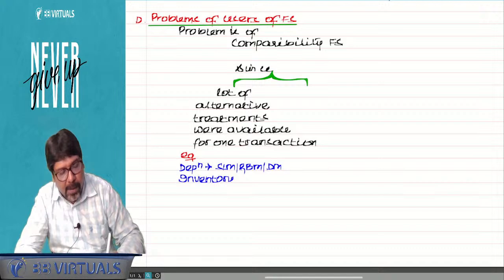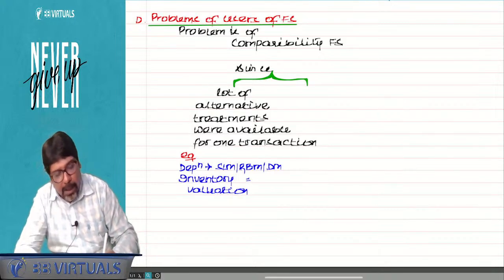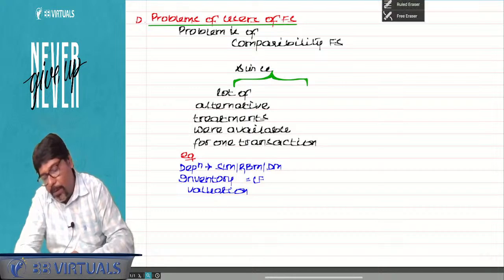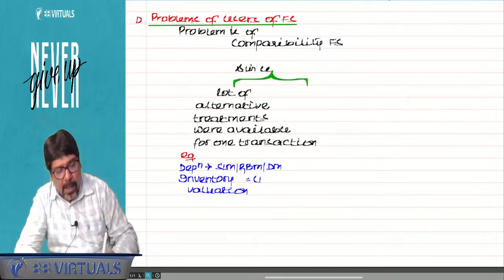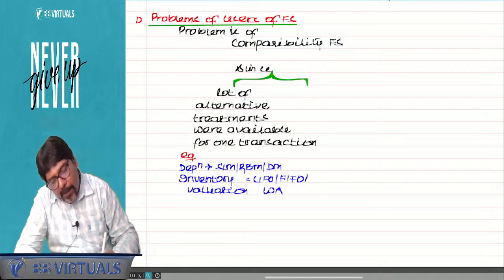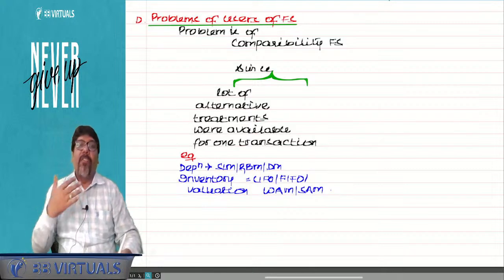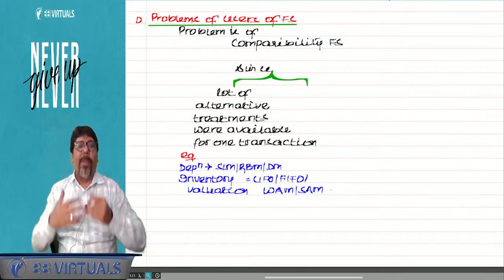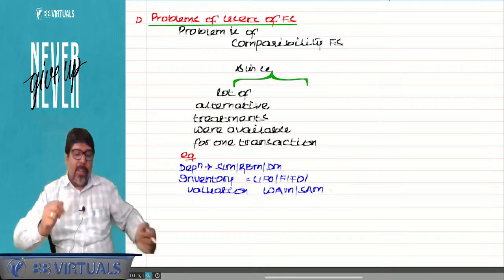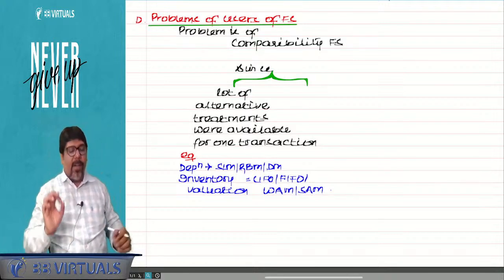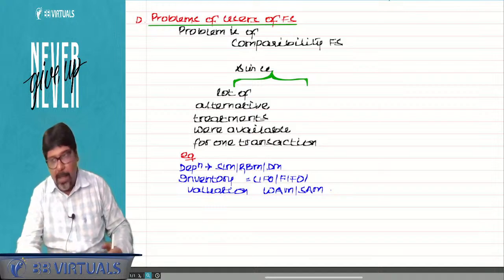In inventory valuation, we have got LIFO, last in first out, first in first out, weighted average method, simple average method. Which industry should follow which? So many treatments are available. Since a lot of alternative treatments are available for one transaction, this was a problem for comparability, and